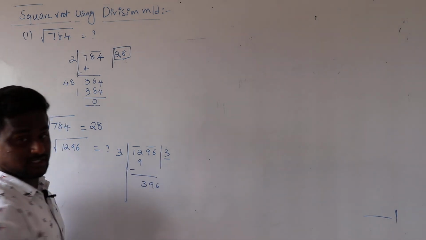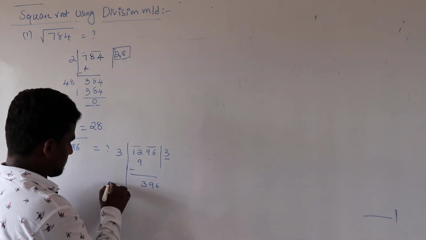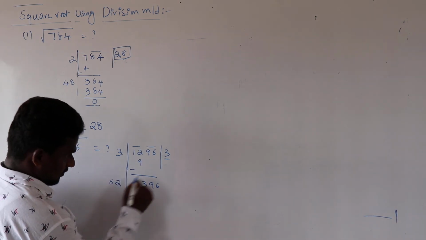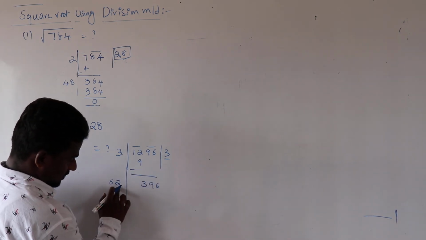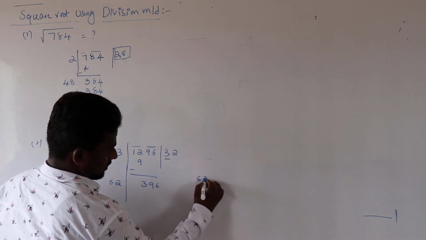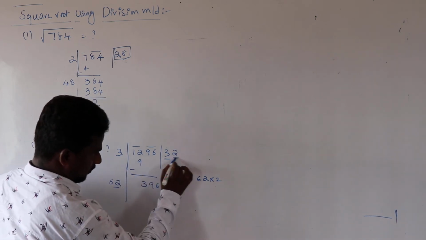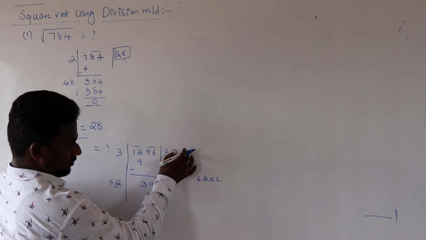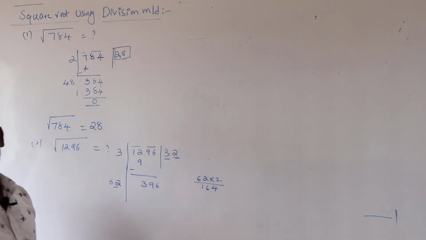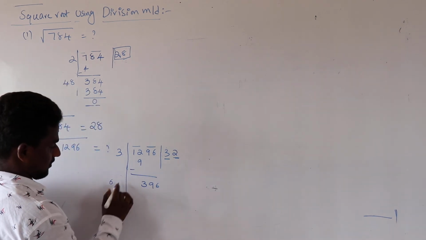The coefficient value is 3. Double of that value. 3 double is how much? 6. 3 double value is 6. If I write 2 here, it will become 62. The same number we should write here, 2. So 62 into 2. Not 32, just we are writing 2 here. It will become 62. Now 62 into 2. 2 2s are 4. 2 6s are 12. 124. Means very less value. So 2 is wrong. Next.